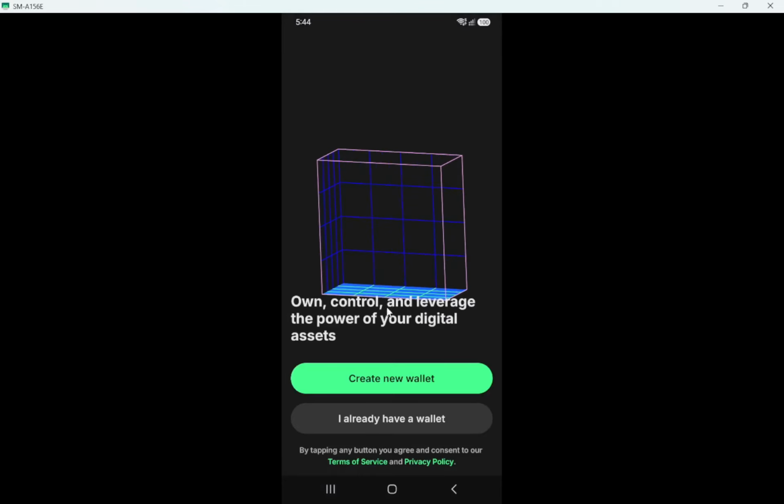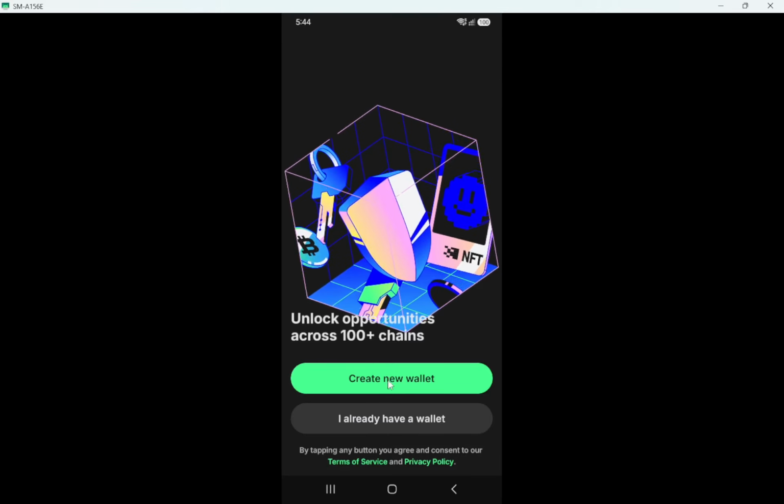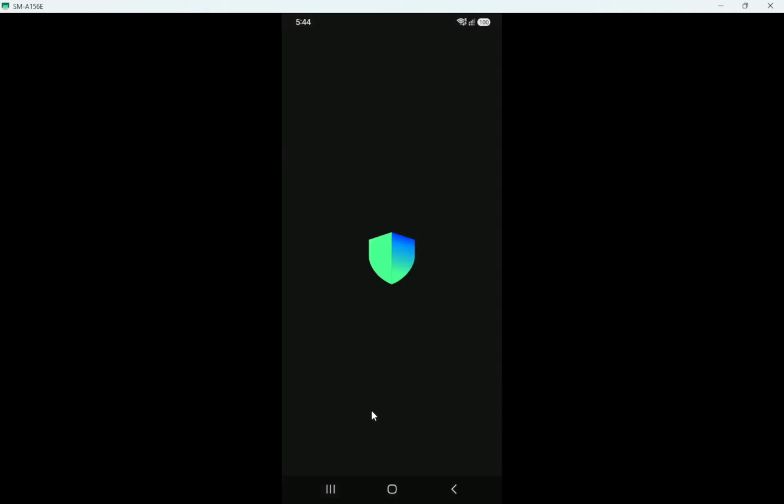Next up, tap Open. This launches Trust Wallet directly from the Play Store for the first time, without needing to look for the icon on your home screen yet. You should now see the Trust Wallet welcome screen with the logo and some brief text about the wallet. Finally, follow the on-screen instructions to set up your wallet.